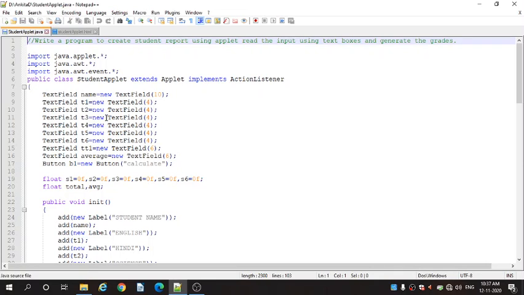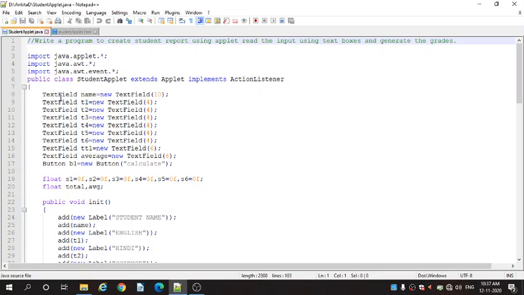So to create a text box in Java, we use the name TextField. Okay, so TextField name = new TextField, and we have assigned here the value for the text field, that is 10. This is the length for the text field.